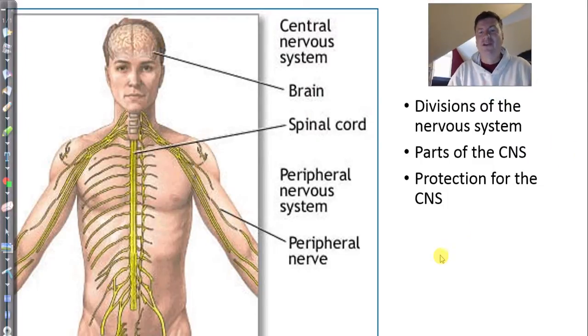So some of the things that you'll want to be able to do, and again, the slides will go super fast, is you do want to be able to describe the divisions of the nervous system, the functional divisions, CNS and PNS. The peripheral nervous system has a sensory and a motor part, and you'll see that slide here in a moment. So be able to list the parts of the CNS and protections for the CNS. And by protections,